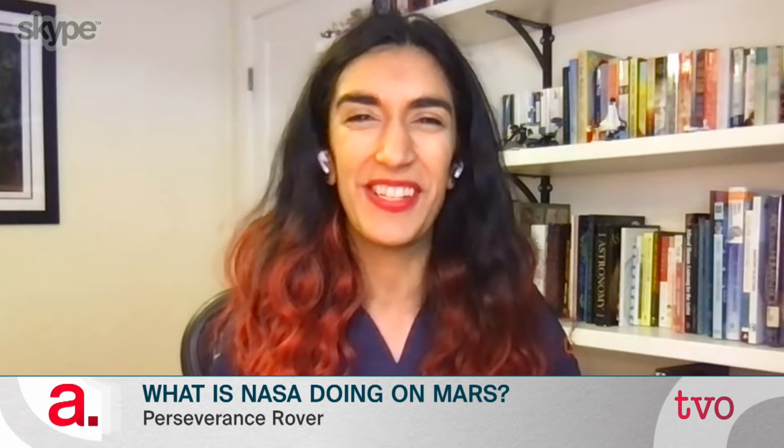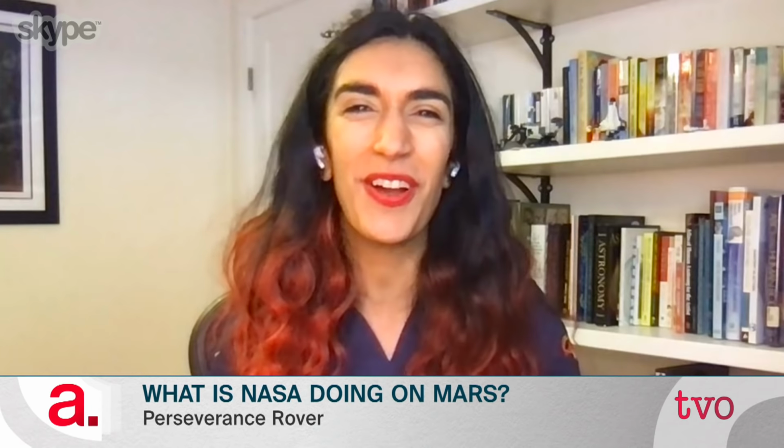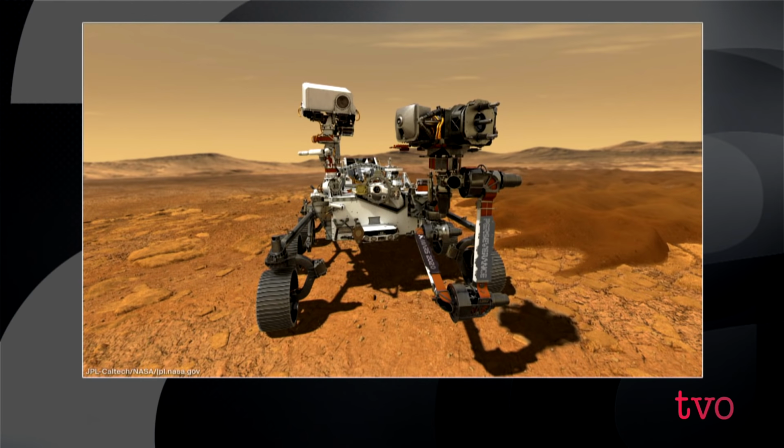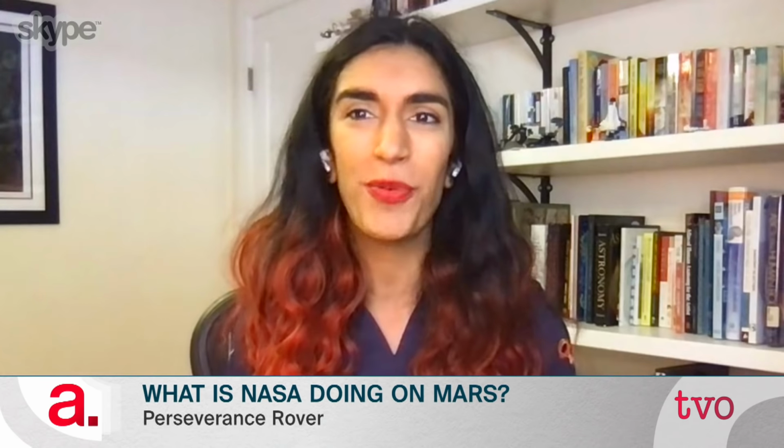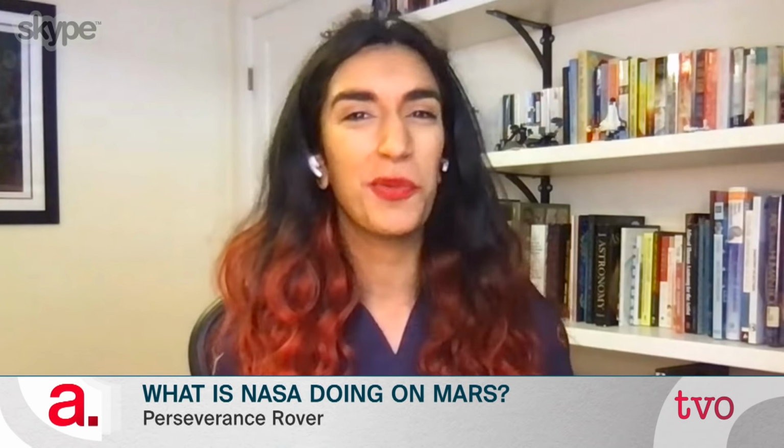And of course, Perseverance is an upgraded version of Curiosity as well. So we used a very similar design, but we have an extra computer. We have a brand new end effector on our arm with brand new instruments. We have upgraded turret instruments and upgraded wheels too, which are hopefully going to allow us to have much better